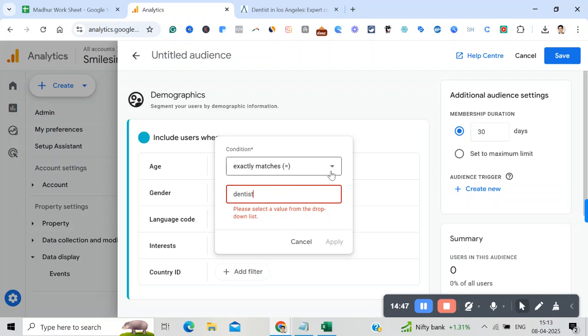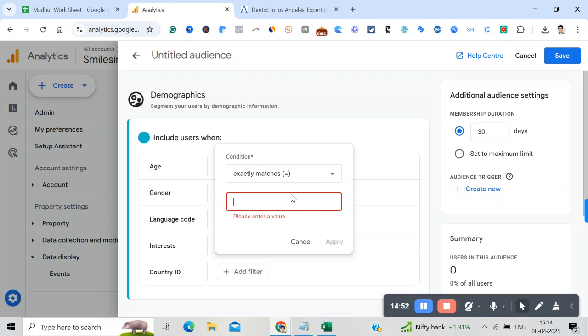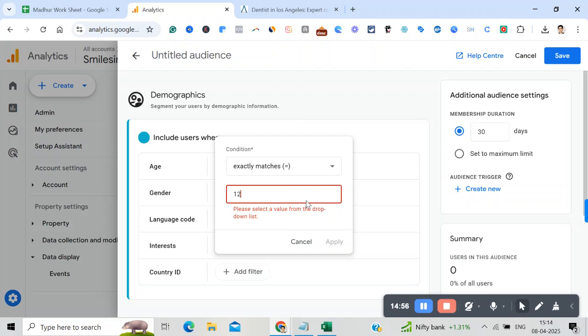Here you can add the interest, or what you can do is please select a value from the drop down list. So you can select the value. Okay, exactly matches. You can select the value. So this is what you can do. Okay, you can add. See what happens if you add this. Okay, so now